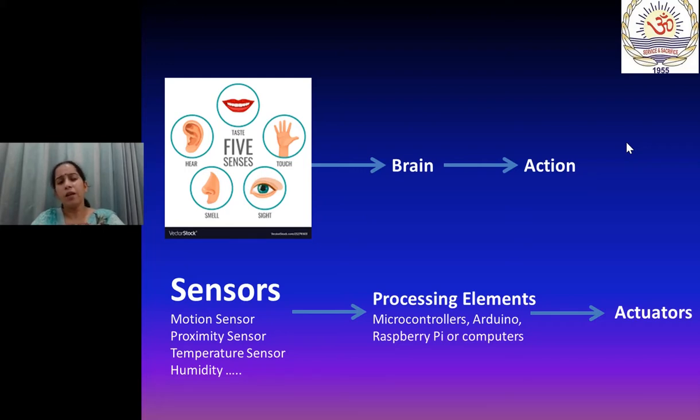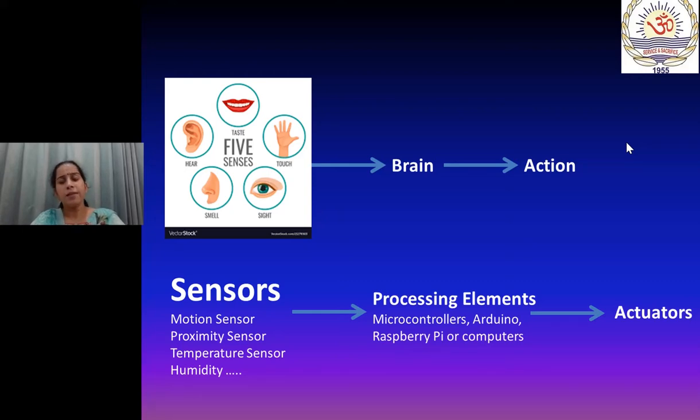We have a lot of variety of sensors available in the market. To have the working of a brain, we need some processing element. In the market, there are many microcontrollers or boards available to do that. Generally, it is Raspberry Pi or Arduino, or even we can use a computer for the same purpose.